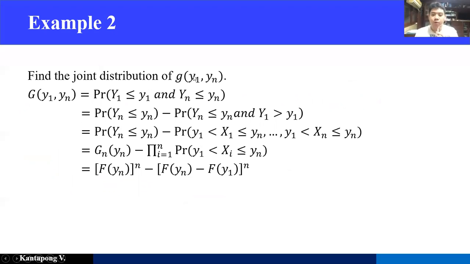But if you want to find the joint distribution of the min and max together, what do we have to find? We have to find the probability of y1 less than or equal to y1, y big N less than or equal to yn. And we just slightly modify this into this one, and into this one. And then for this one, we know